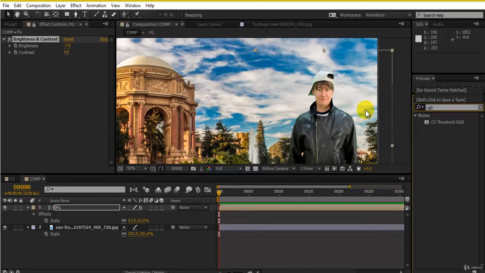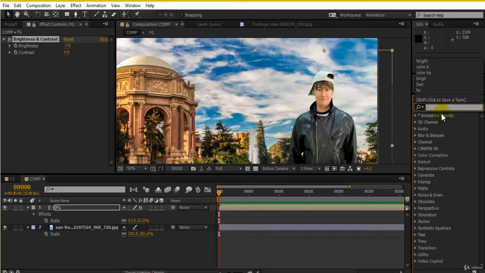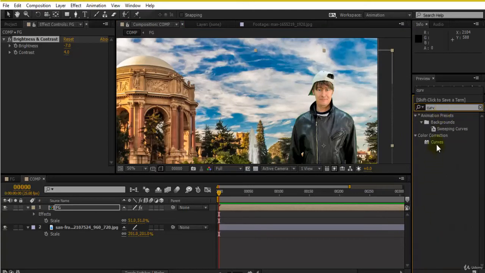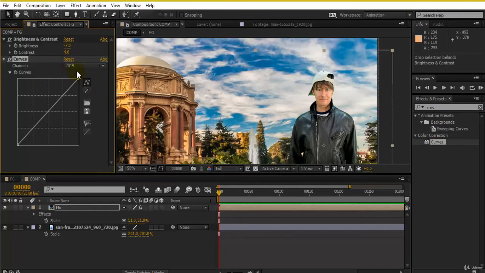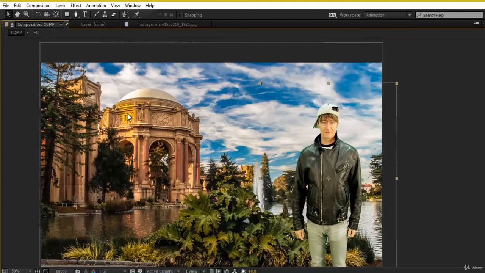So also going to my RGB curves, inside my color correction, I can also add maybe some green, or maybe a red and greenish tint. Yeah, something like this.